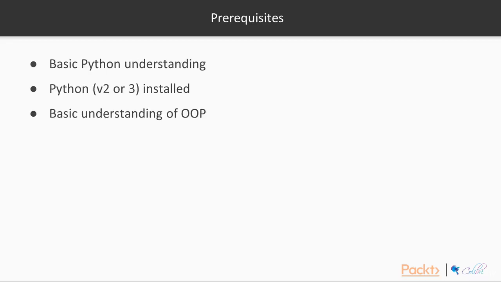The requirements for this course are as follows. You should have a basic understanding of Python. You should also have Python either version 2 or 3 installed on your computer to be able to follow along with the code examples. And finally, you should also have a basic understanding of